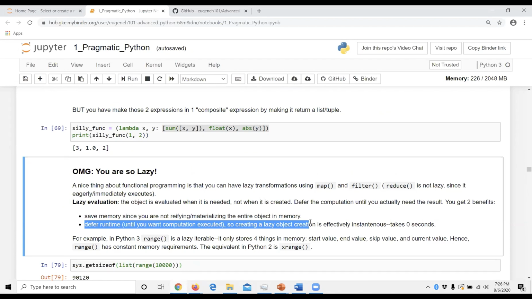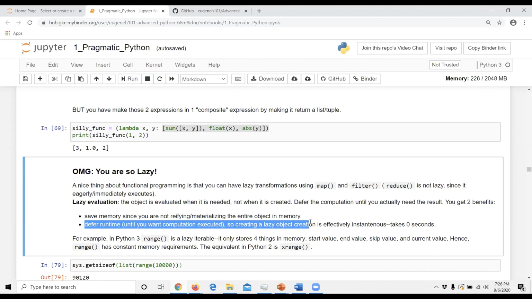Then you spend a lot of time creating that list if you were to manifest it into a full reified list of 1,000,000 objects. But if you use a generator or map or filter, and you only go through half of that list, then basically you saved half the time. So for list comprehension, you push the runtime to the front, the beginning.